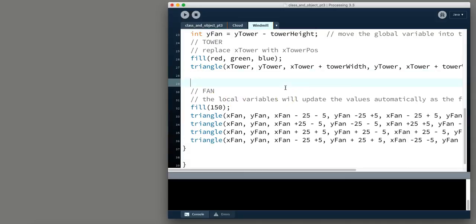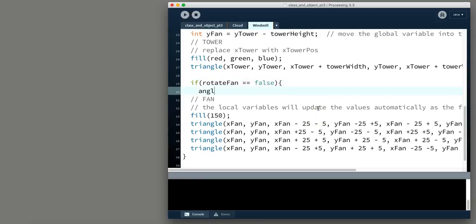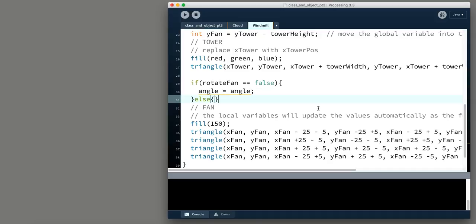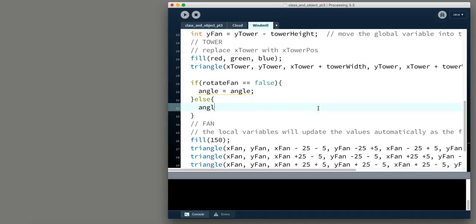So here we're going to add the if: if rotateFan equals false, then angle equals angle. Okay, else, angle plus plus. All right,